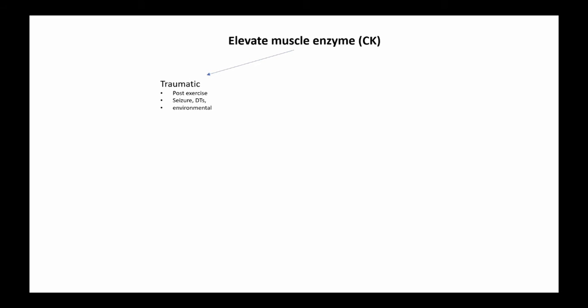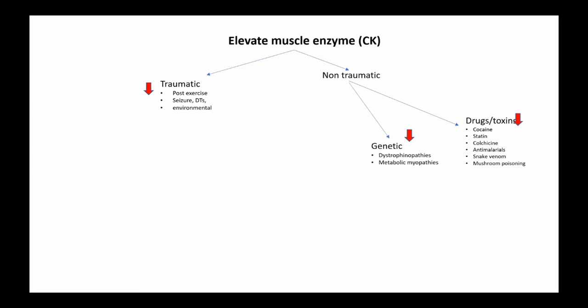And so my approach to elevated CPK is going to be traumatic versus non-traumatic. We don't have any evidence or anything from the history that this is traumatic, right? So I would go down the non-traumatic pathway for her. Drugs, toxins, she's not on a statin, no cocaine use that we know of, no snake bites. So I would say drugs or toxins are less likely. A note on her steroids, as I mentioned before, steroids can cause weakness. Typically your CPK would be normal in a steroid-induced myopathy. So that's pretty much off the table at this point.